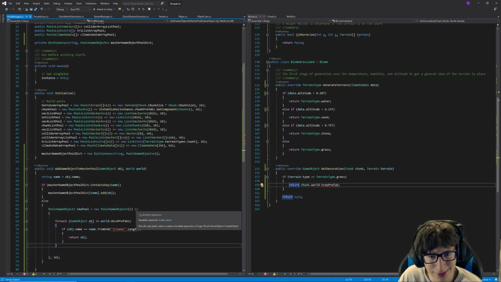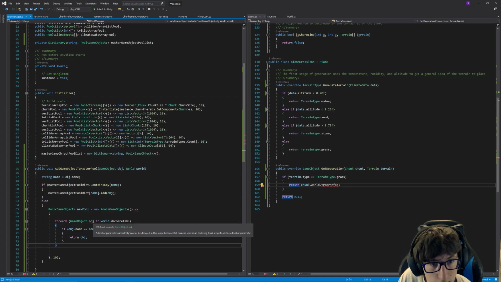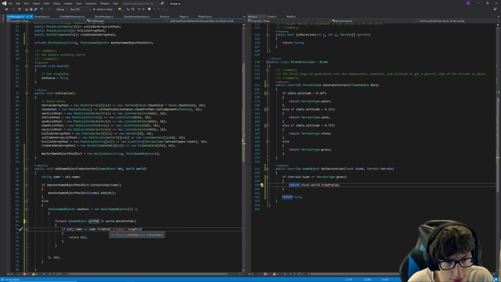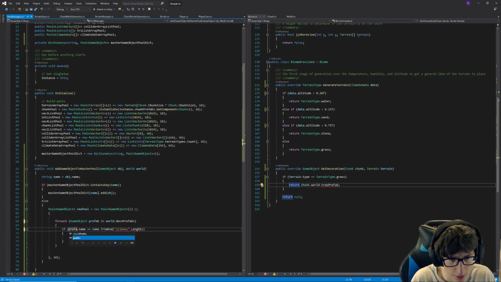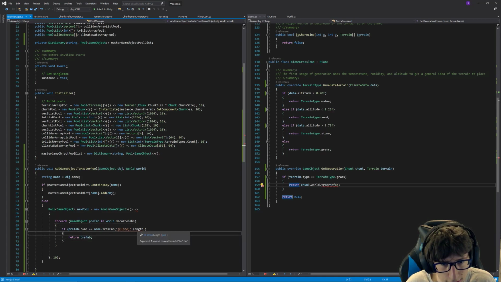Oh, come on. Not all code paths return a value. No. There's already something called object. Oh. We'll call it prefab, and we'll do if prefab.name equals name, and then return prefab. Clone.length cannot convert from int to